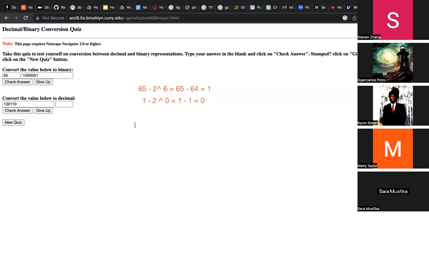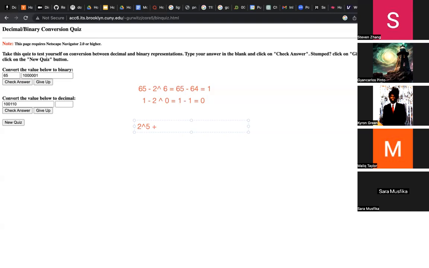We have 1, 2, 3, 4, 5, 6 numbers, so there's 5 places. Okay, so we have that as 2 to the fifth power. What is it, adding or minus, how do we do this? In this case, it's add, right? Yep. Okay, plus